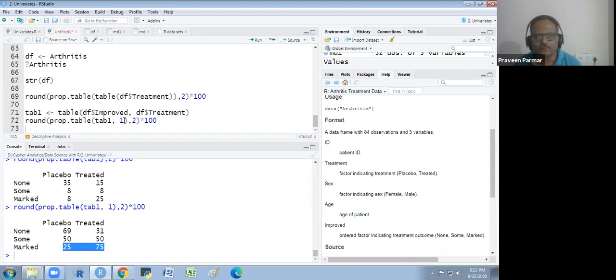If I put 2 here, I will get the column wise. Look at this. If you add this all, you will get 100. But here, because there is some 0.5 thing, it will not get 100. We will get 99 over here. Here we will get 100. So this is not a proper table, and this one would be proper because we are getting 100 everywhere. Here we are getting 99. Does that make sense to everyone?